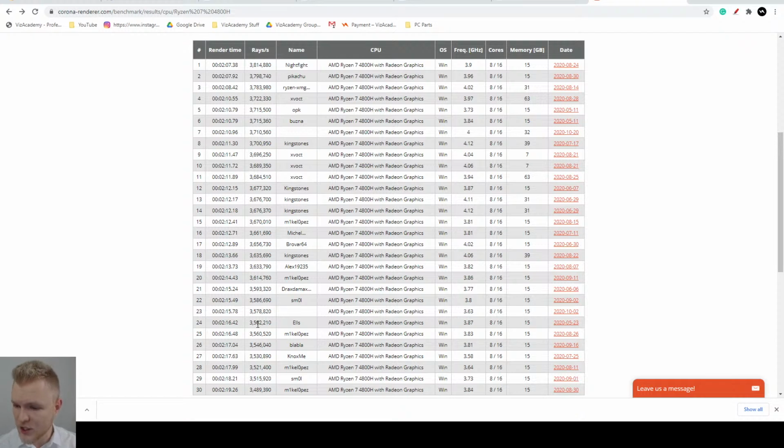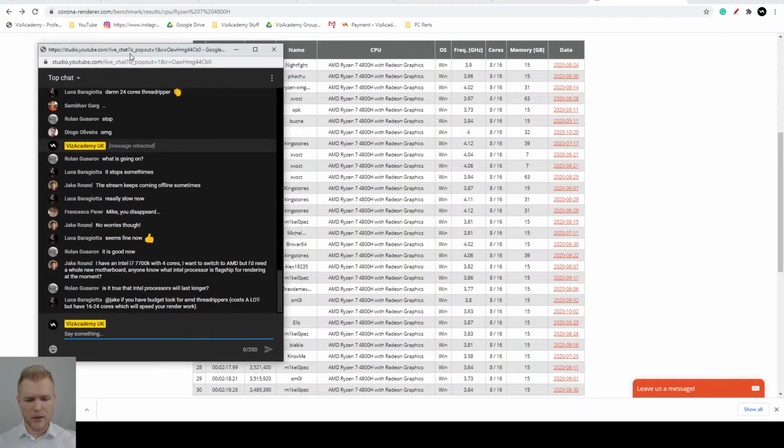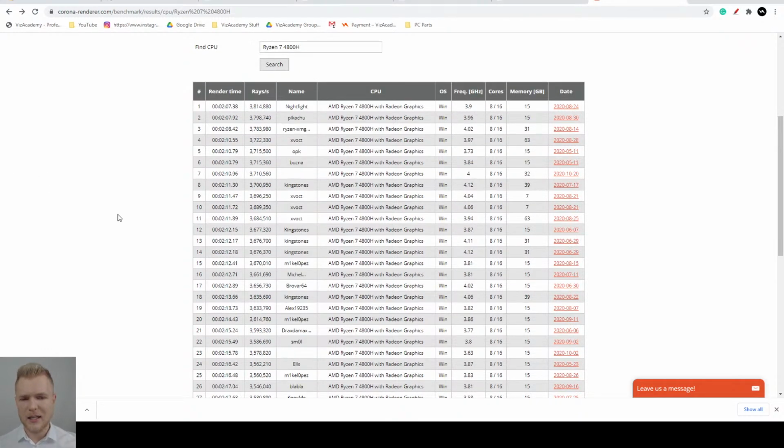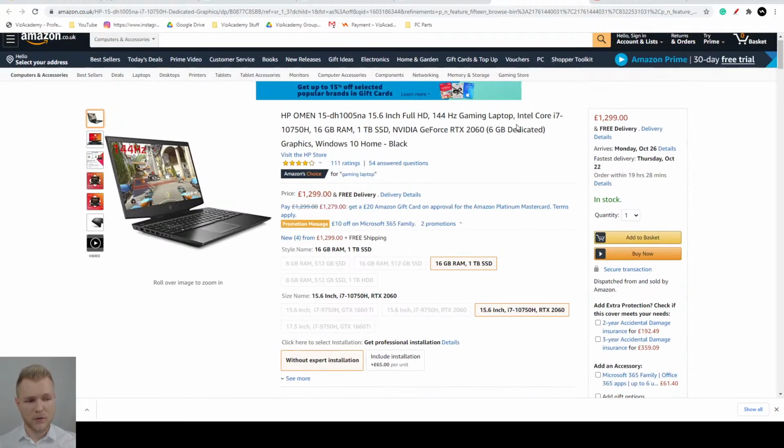If you have a budget for AMD Threadrippers, they cost a lot, but I will say quite the contrary. Right now, Threadrippers aren't really that expensive, and you can get the previous generation. They don't have a lot of difference in times when it comes to work, but the newer versions are a little bit more stable. But it's not really about that, because what we're looking for in this case is the best laptop for us. So again, we can just copy the name of our processor, or even its main element of the name, so